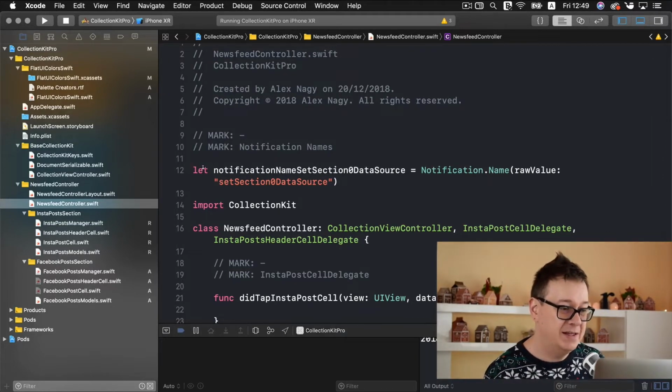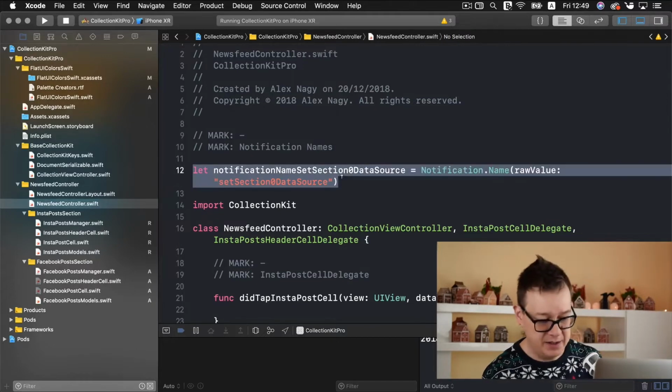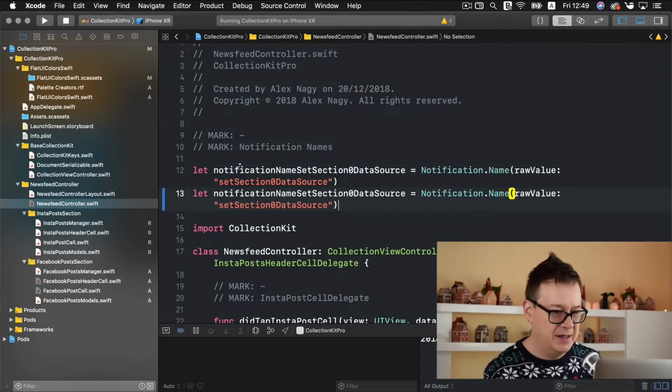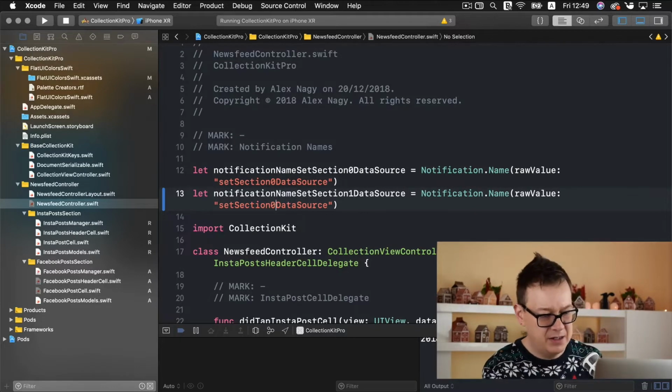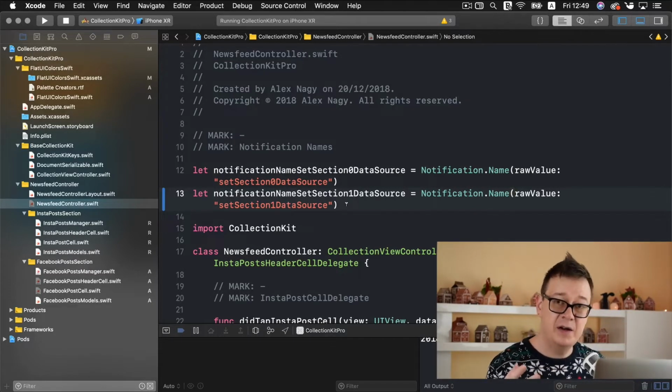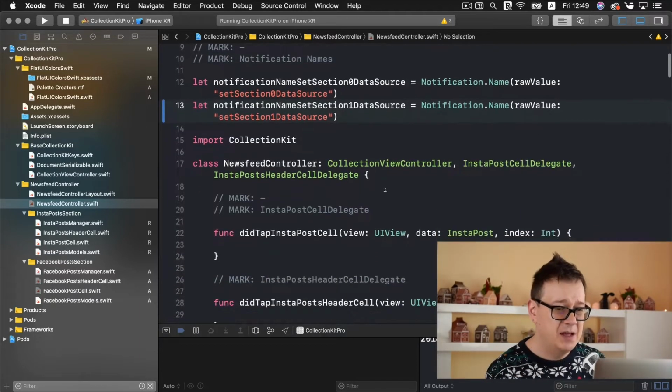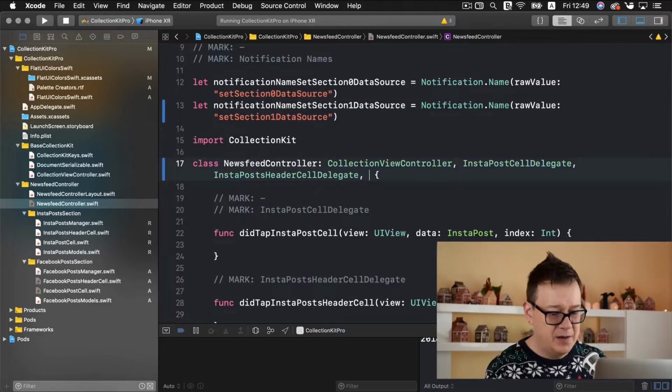So first of all, we need to add a new notification. So go ahead and copy that out and name this section 1 data source and section 1. Again, this is for notifying when to reload the section data. Okay, we want to have our Facebook